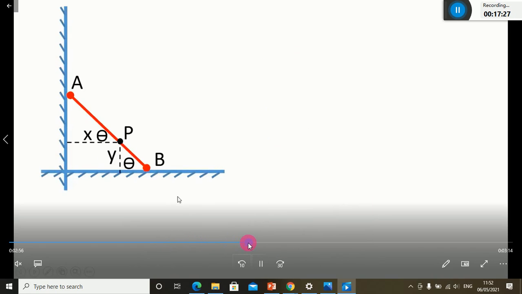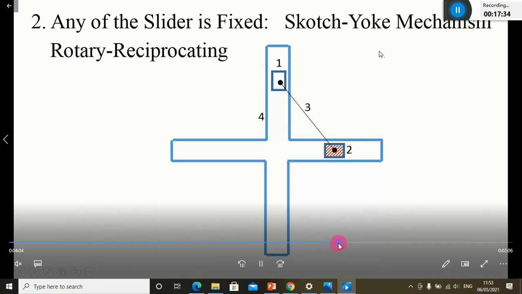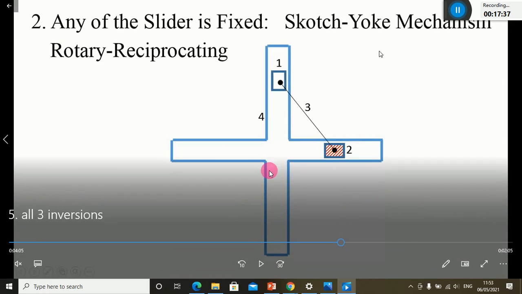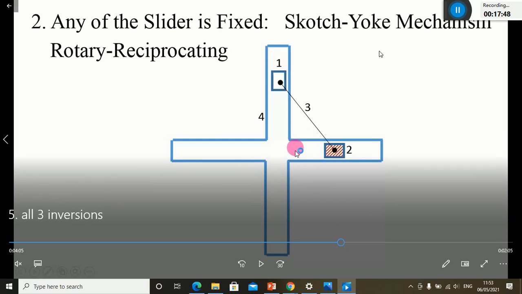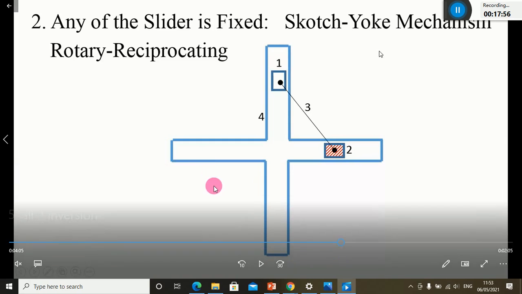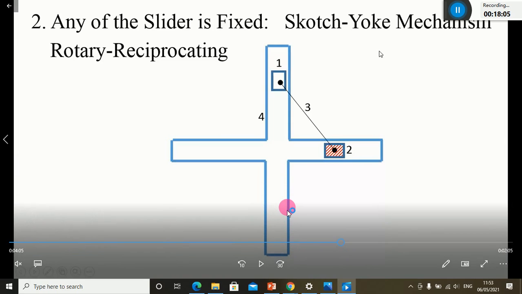Sir, I have a doubt. Yeah, what is the doubt? Hello. Yeah, you can ask the doubt. In elliptical mechanism, how to set the timing? I'm not getting your question. In the same double slider mechanism, you're asking the doubt? Your voice is not clear. Please ask the question once again. In elliptical mechanism, how to set the timing?